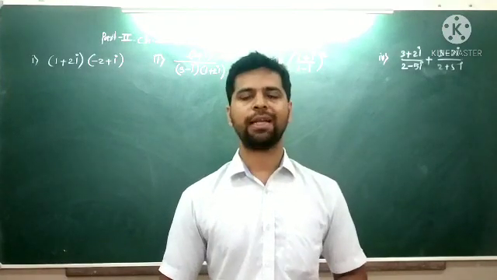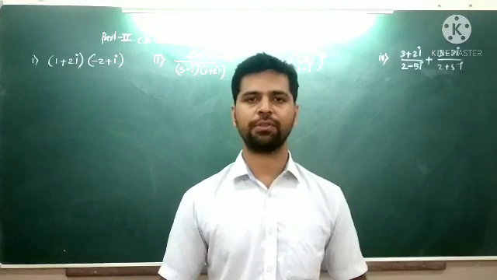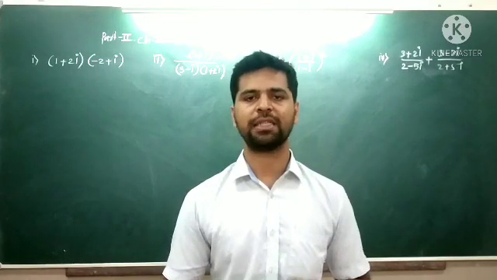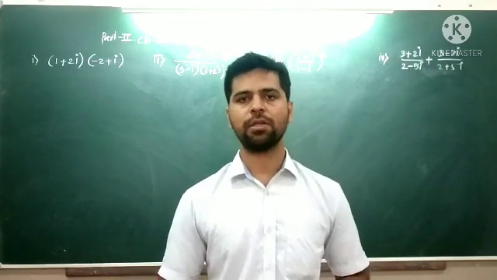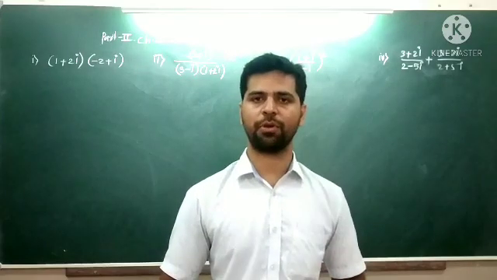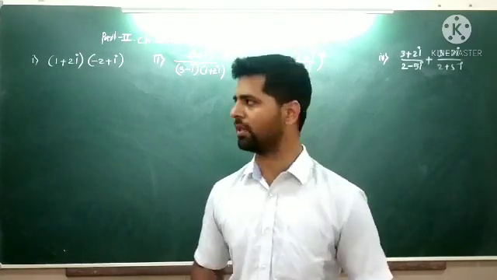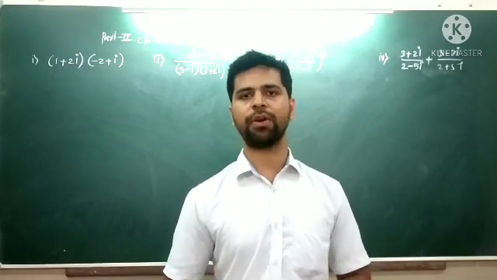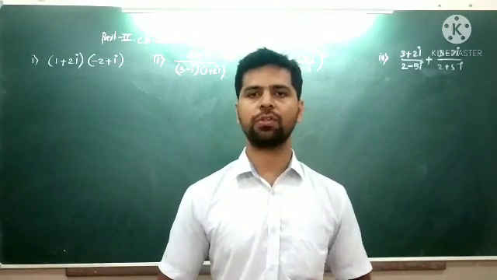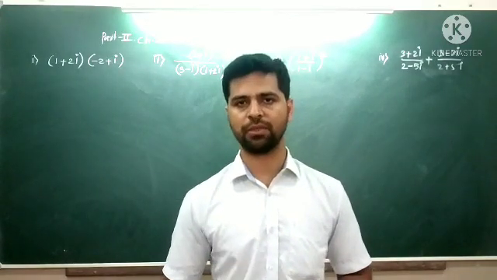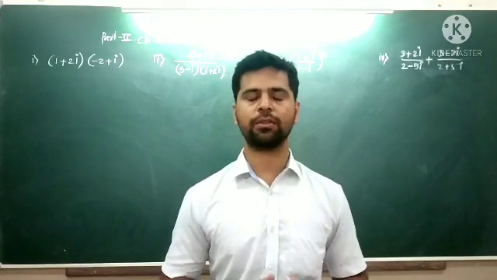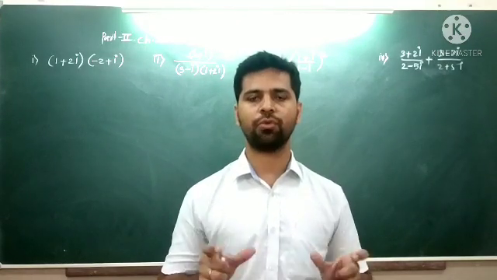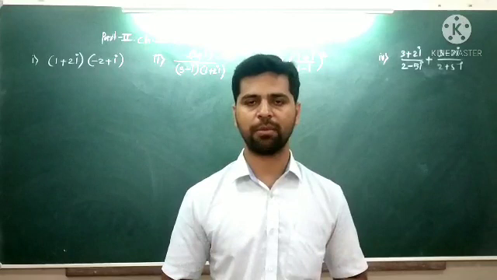In that exercise, we saw a few examples where we have to find the value of different equations in which the imaginary part exists. Now we'll continue with the same exercise 1.1, and we'll start with the new question from this exercise. I have written a few examples on the board, and one by one we'll try to simplify them. Here we have to use the rules of algebra that we have already discussed in the previous video: how two complex numbers can be added, divided, multiplied, and subtracted.